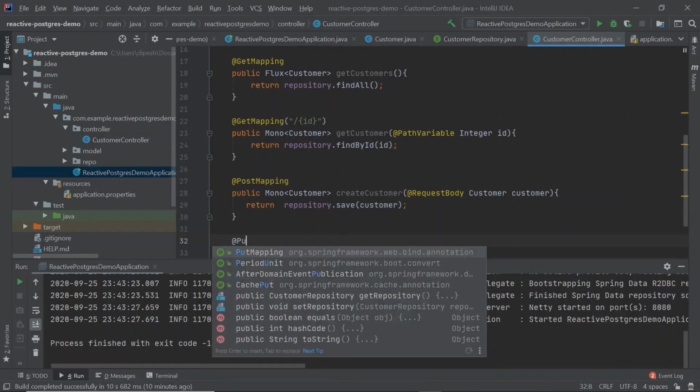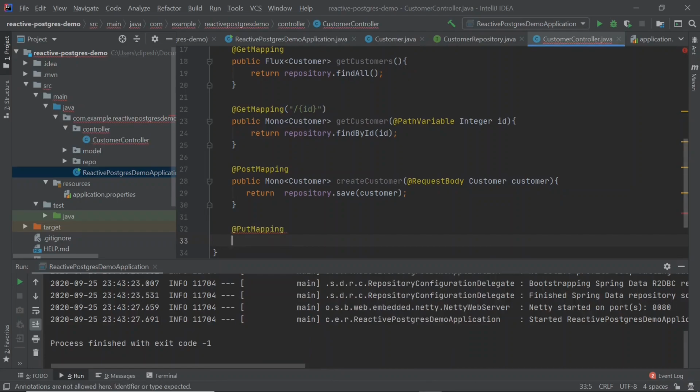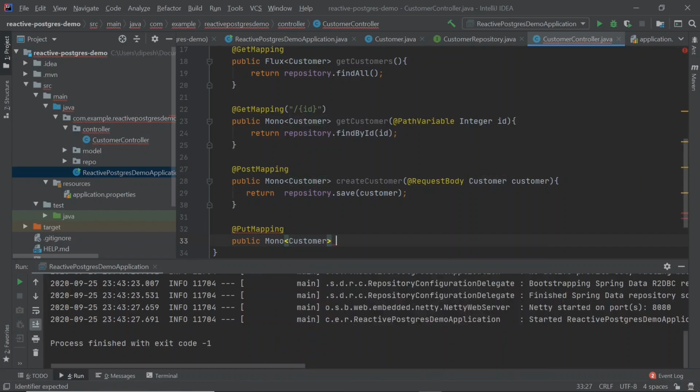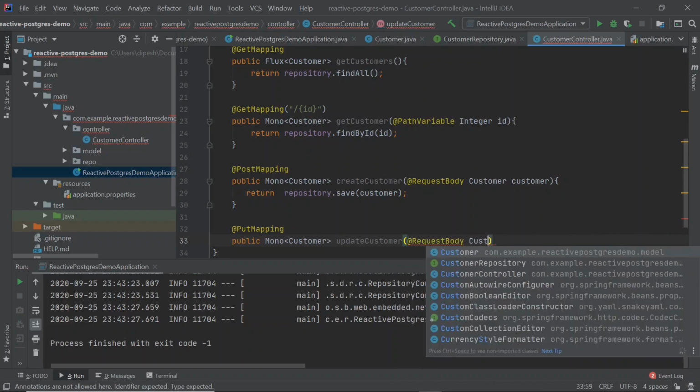Now let us implement the put mapping. Put mapping is an interesting one. Here we need to update the customer, not create a new one. So let's create a method updateCustomer. We will again receive a customer in a request body.